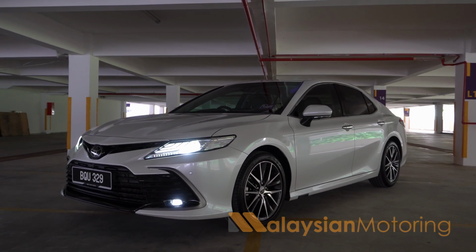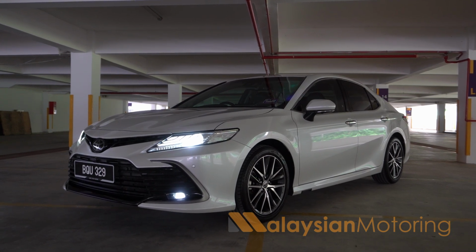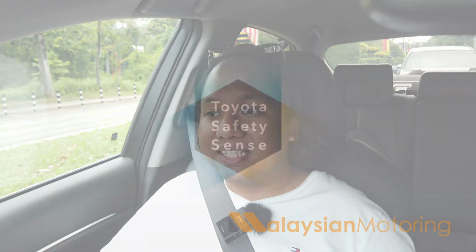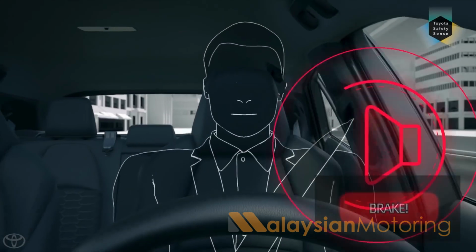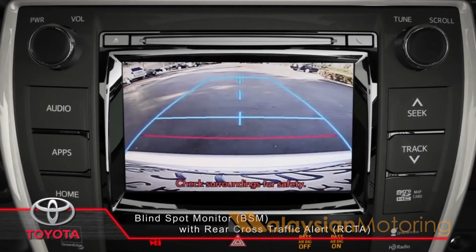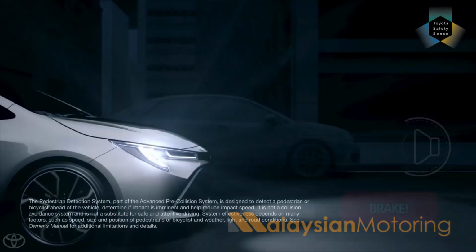But overall, it certainly feels like there is a lot less compromise in terms of just how this car handles itself, especially at speed. Now, when you're not speeding, you can, of course, enjoy this car's safety systems. Now, this car comes with an updated Toyota safety suite of systems, which means the adaptive cruise control, autonomous emergency braking, blind spot monitoring have all been improved. So this car now comes with a rear cross-traffic alert with rear AEB. The forward-facing AEB now can detect pedestrians and cyclists in the day and pedestrians at night, further improving this car's